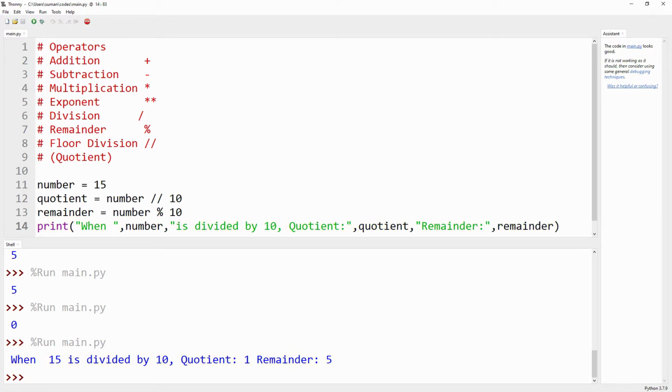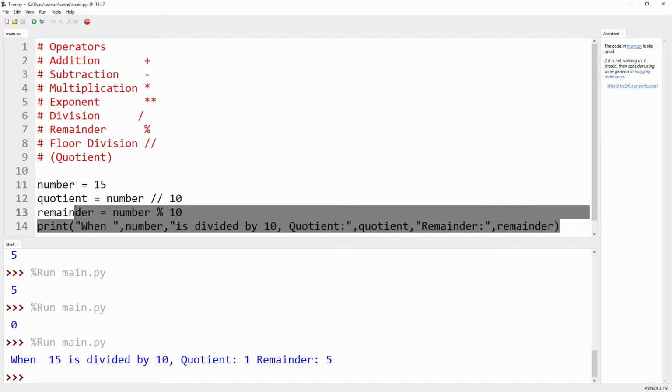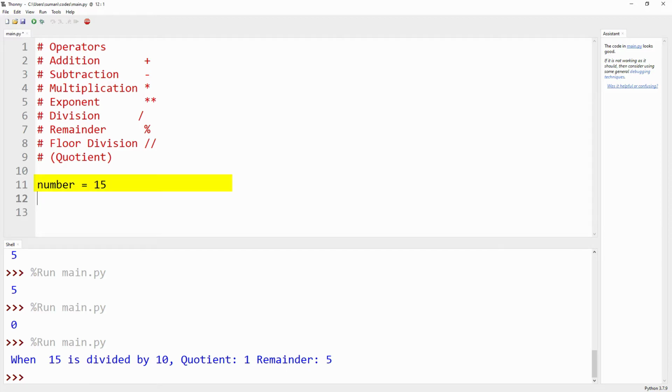Now we can use more than 2 operators in a single statement. Let's delete the code here. We are changing the value of the number here in that way. Suppose 105 by 7 plus 2 star 5 minus 3. That means already we have used the 4 operators here. Now which one we have to use at first?